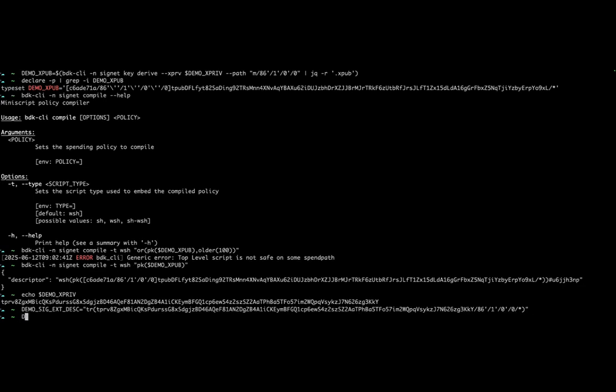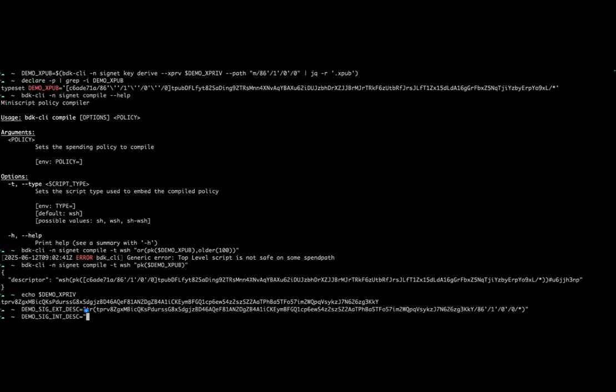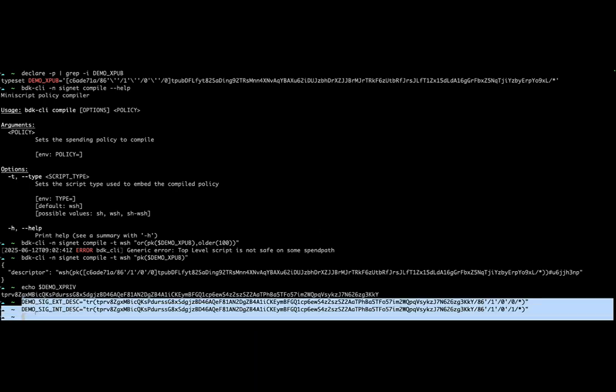And then I will say demo signet internal descriptor, and then I will also copy the second value. So this is the second value. I will copy that and then paste it here, and then I will save. Yeah, so having saved those in a variable, these are going to serve as our descriptors when we want to